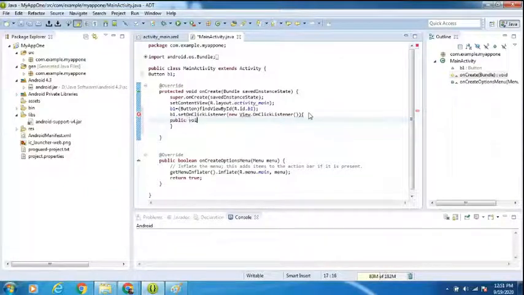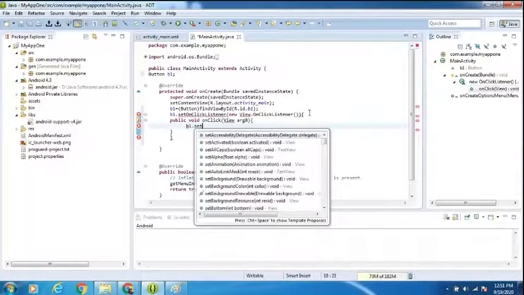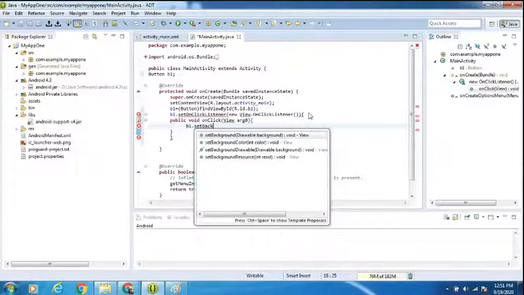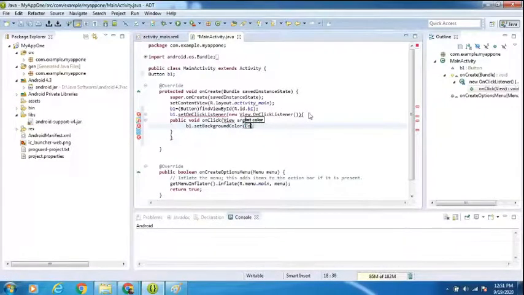Public void onClick. Here you can write View, you can write any parameter here. Here you can write v1.setBackgroundColor.